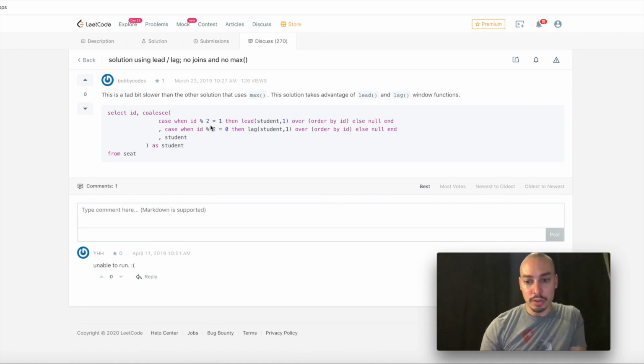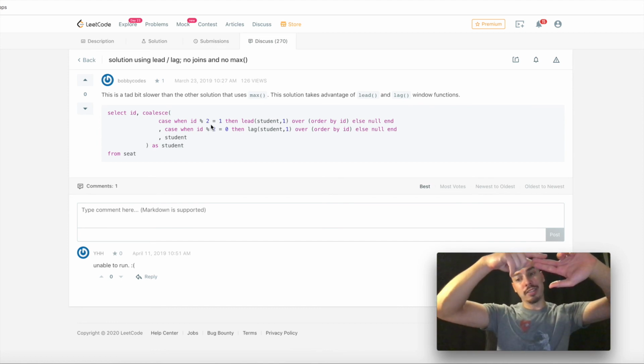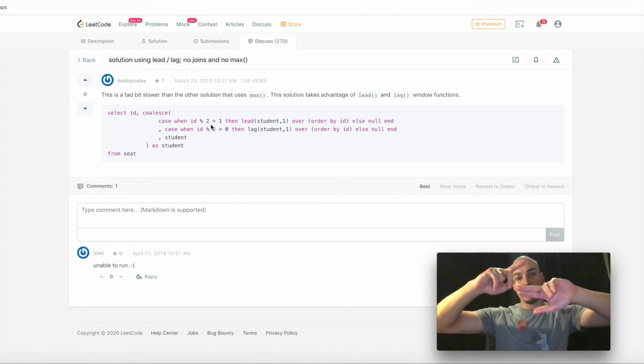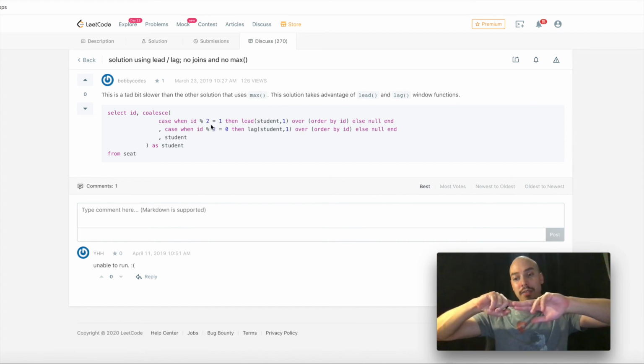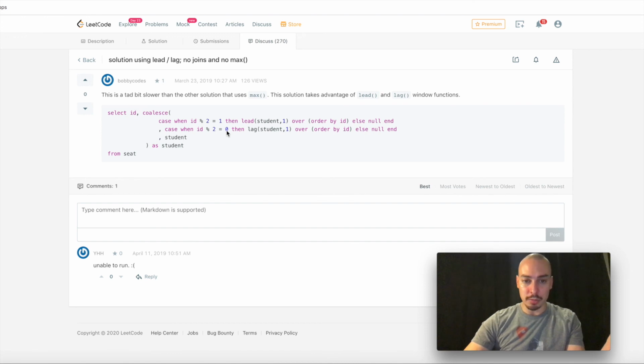He does a modulo in order to find out if we are the first or the second student in a pairing that we need to switch, right? Remember, you always switch zero and first, and then second and third, fourth and fifth, and then if you have a 6 and no 7, or a 0 and no 1, then this one just stays as it is. So you check for the pairings, which is what you do here with the modulo, and then if you have a pairing, then you check at the